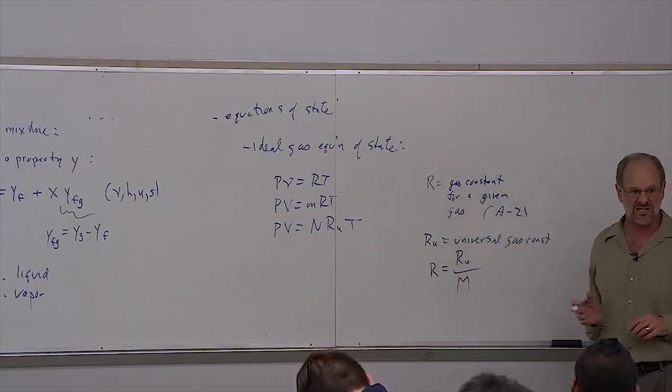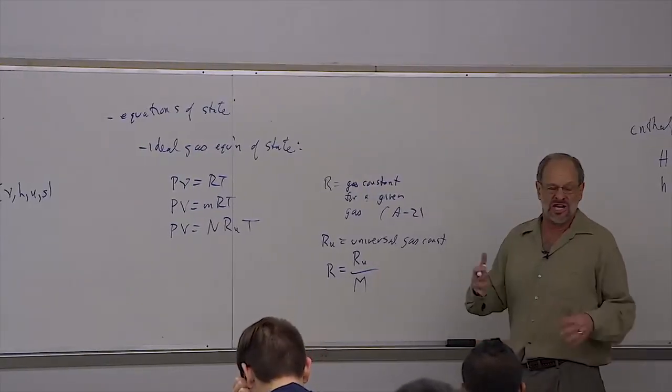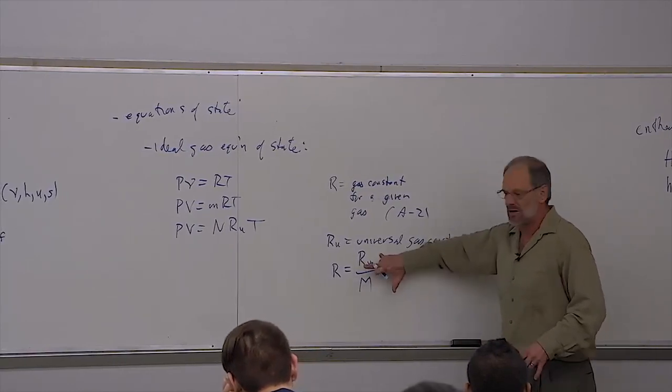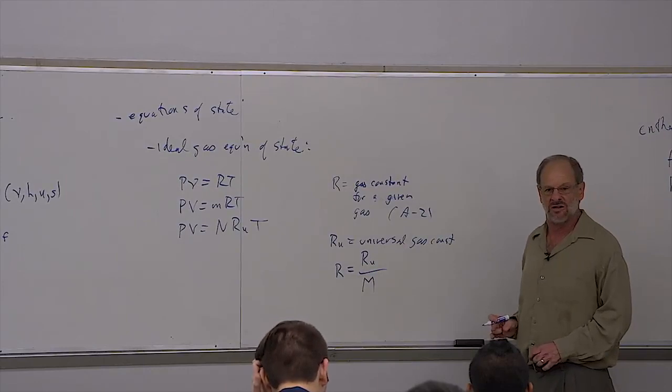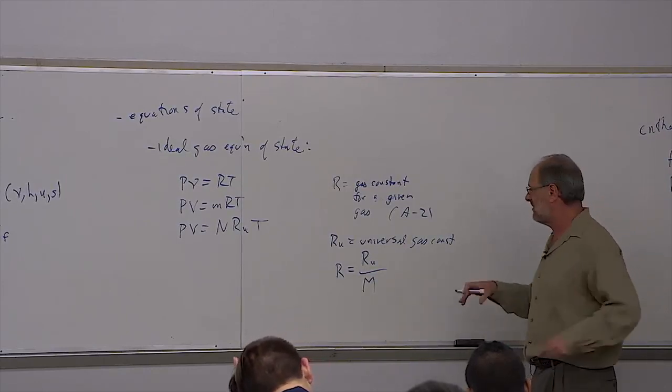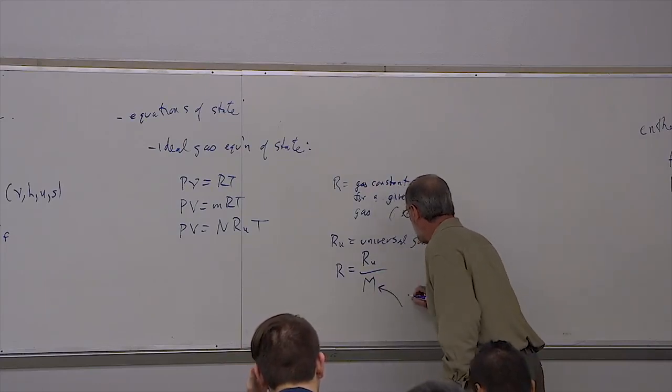If you have a gas like oxygen, just go into table A2 and look up R. You don't have to go into table A2, look up the molar mass, go into the appendix, look up RU, and divide one into the other. I mean, why spend all that time, right? Just look up the value of R. Nonetheless, they are going to be different, R and RU.